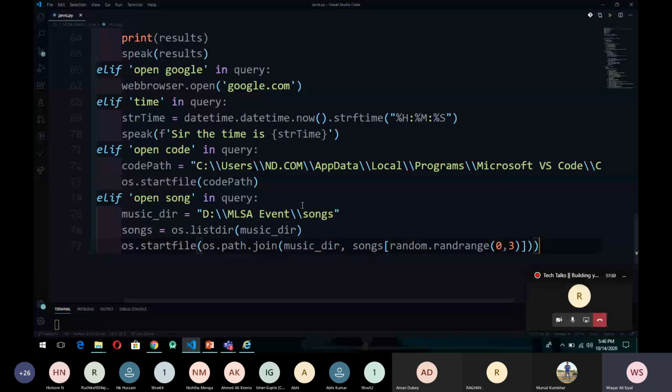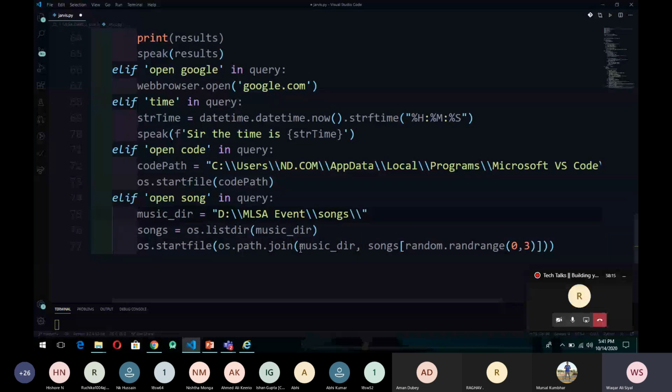Okay, so when we open the VS Code, we have given the path. So this path, then the file name and file extension. Here we are giving just the directory. Now suppose if I want to play the first song, what I will do, I will give 2 backward slashes here and file name then dot extension to open this file.